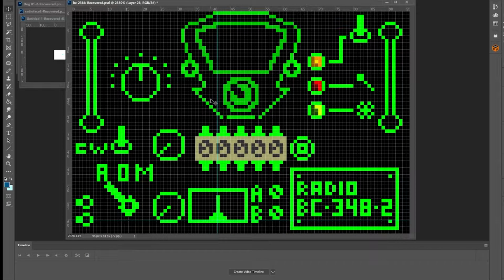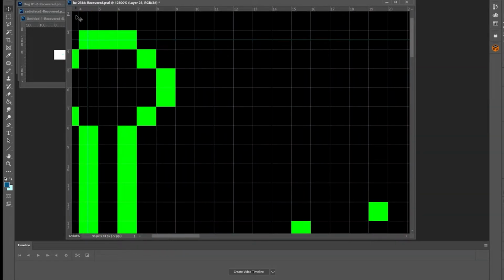Let's go back to Photoshop. So here we are in Photoshop, and what I used to do before I had the interface is I would take my guides and I would put it on that line, and I would put it on that line, and then I would use the coordinates up here. If I zoom in, you can see them better. I would use the coordinates right here, number 4 and number 3,